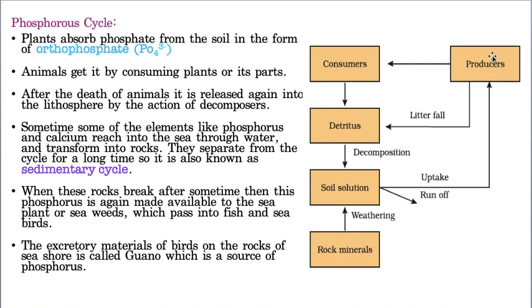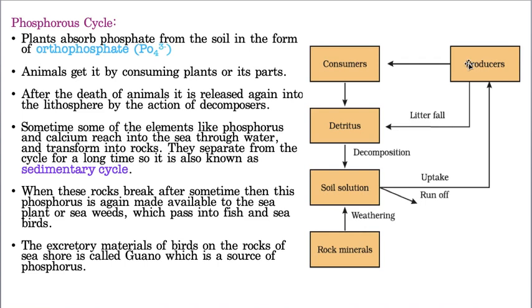And from that, the consumers, it may be a cow or a buffalo or any other herbivore; that means from the producer it is transferred into the consumer, and from the consumer, by excretion and also death, it enters the detritivores. That means after excretion and death, the detritivores start decomposing these dead bodies, and a second route is also there. So please follow my arrow mark, and 100% you will understand.